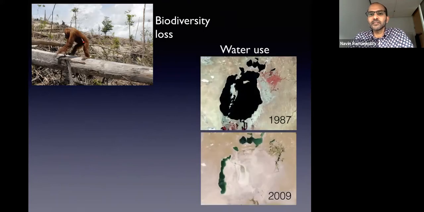Second, agriculture is one of the biggest users of water on this planet. When we think about water use, we often think about brushing our teeth or taking long showers, but that's really a drop in the bucket, pun intended. The biggest user of water on this planet is farming.